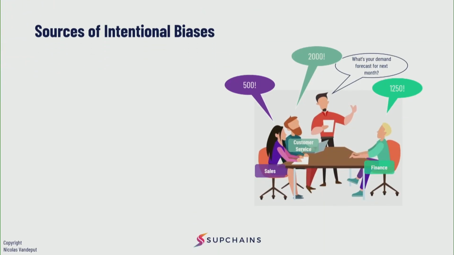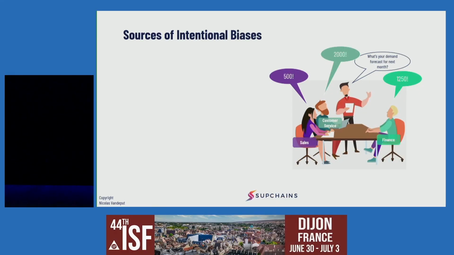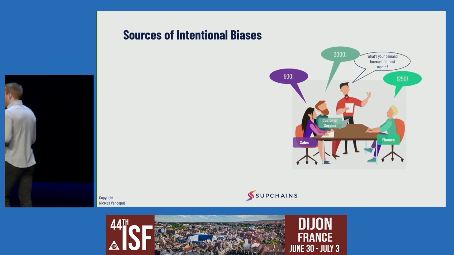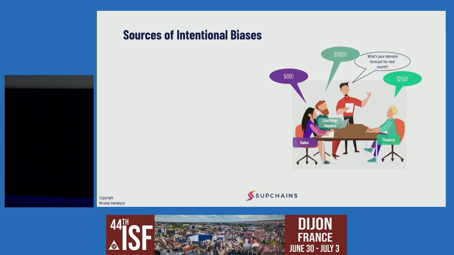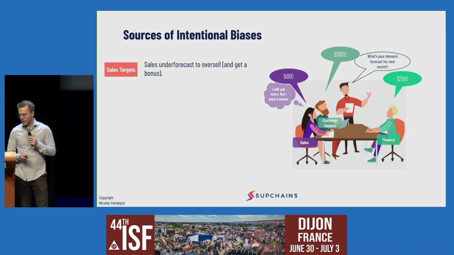So basically, in supply chain, the issue we face is that some people change the forecast not because they think it's going to make it more accurate, but because they think it's going to make the forecast fit their own agenda, their own requirements. So here, I try to give you a small story of what could happen. Each supply chain is different. You might have different people in different roles, but we always hear the same kind of stories.